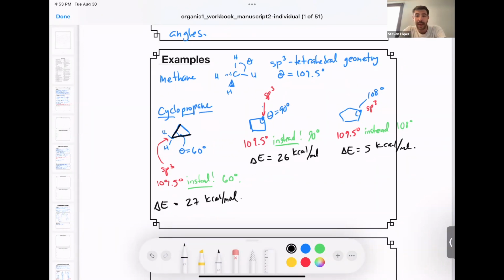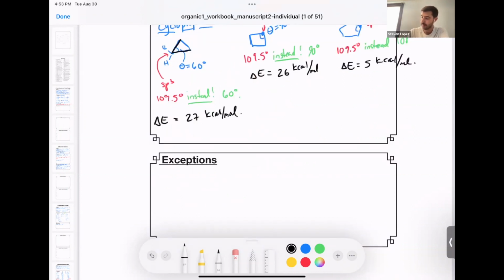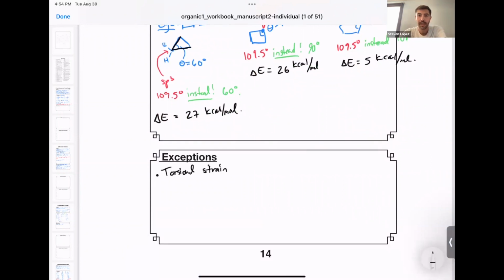And if you find it interesting that cyclopropane and cyclobutane have nearly identical strain energies, but very different bond angles, you'll want to tune into the next episode, which will talk about the roles of torsional strain and steric strain in determining the overall strain energy of a molecule. I'll give you a little preview to the subsequent lectures. Torsional strain helps to explain the similarity between cyclopropane and cyclobutane's strain energy. And steric strain can be used to tune these different strain energies.